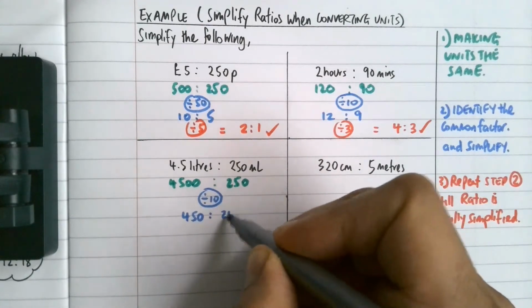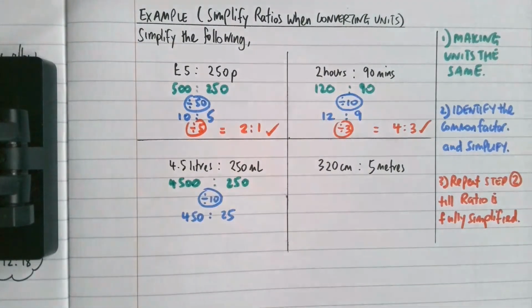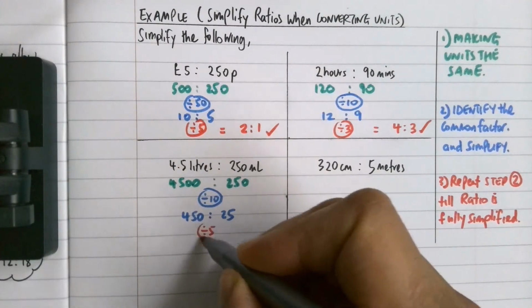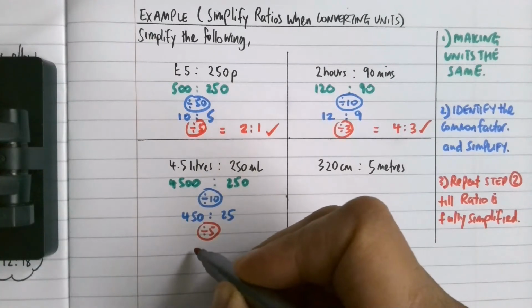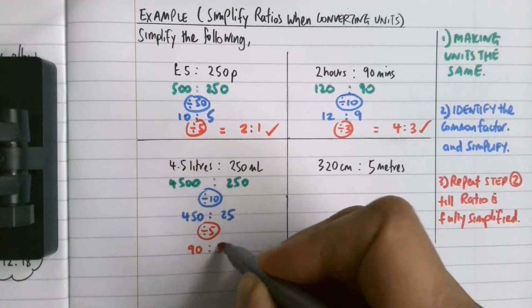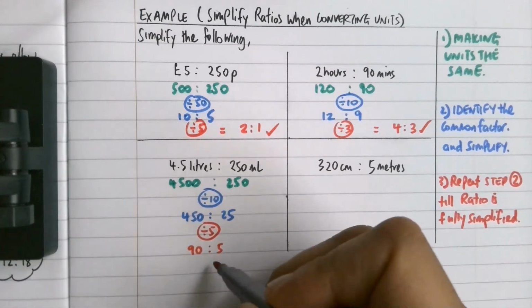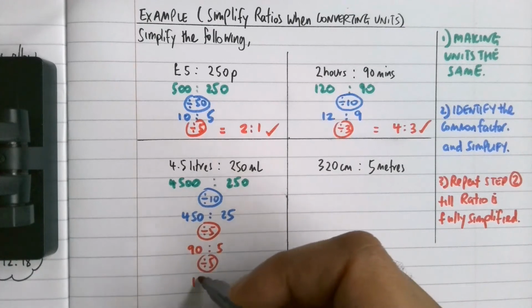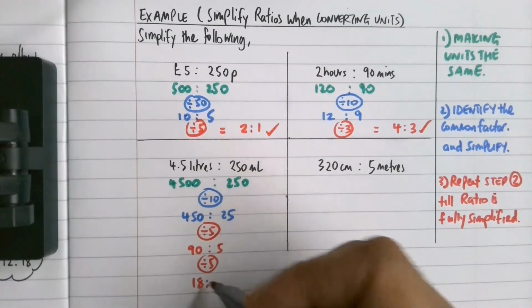So I started by dividing by 10, and then I'm going to repeat the process, which is step number 2, so the ratio is fully simplified. I'm going to divide by 5, so I end up with 90 to 5. I also know that can be simplified further, so I'm going to divide by 5 again, and I'm going to end up with 18 to